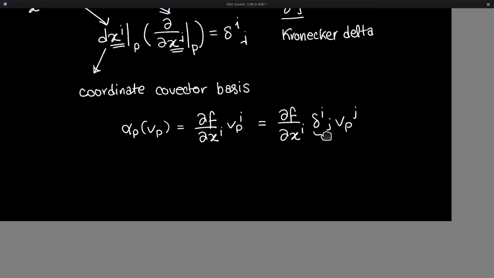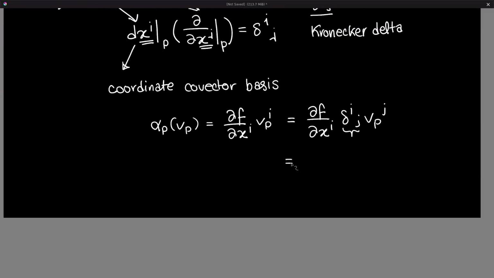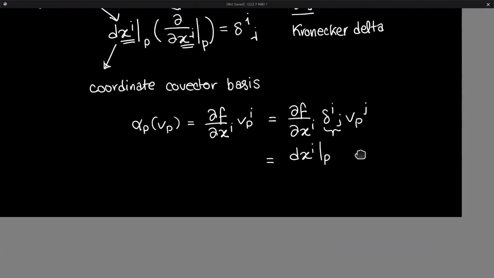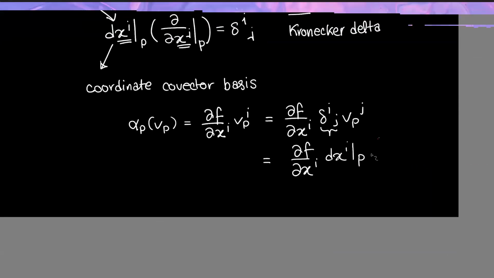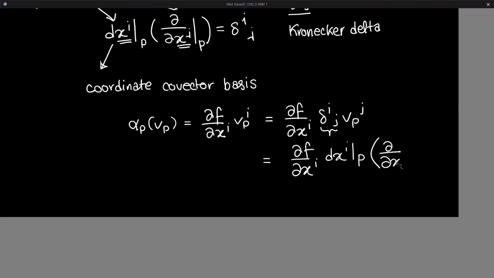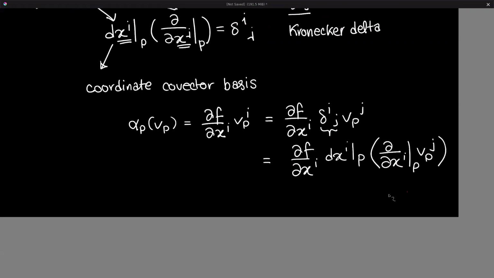And then we know that, okay, well, that's this. So that's delta xi p. Yeah, that's partial f partial xi dxi p into